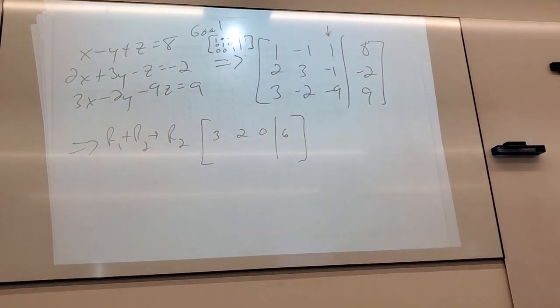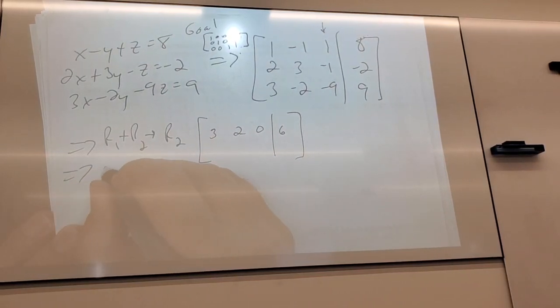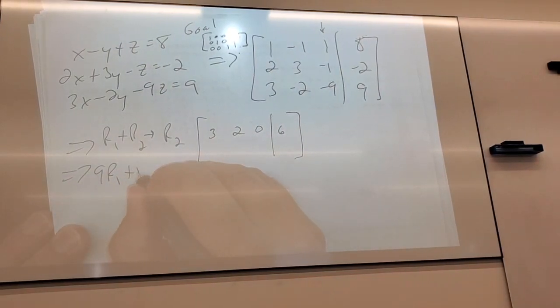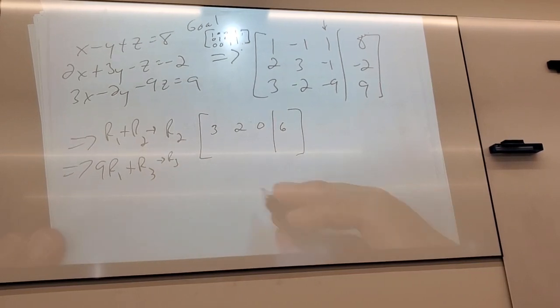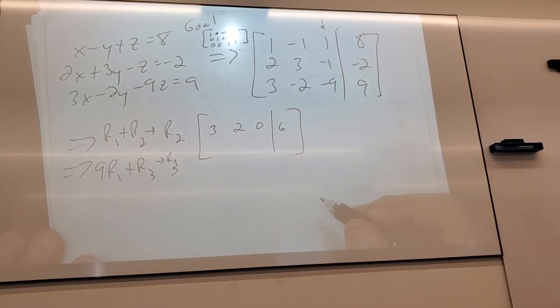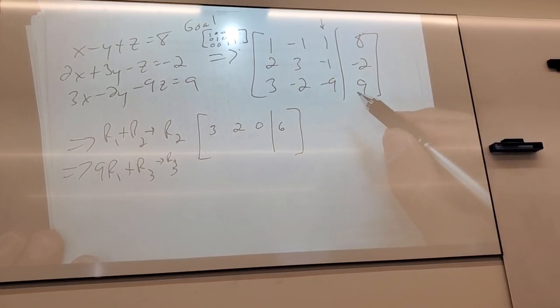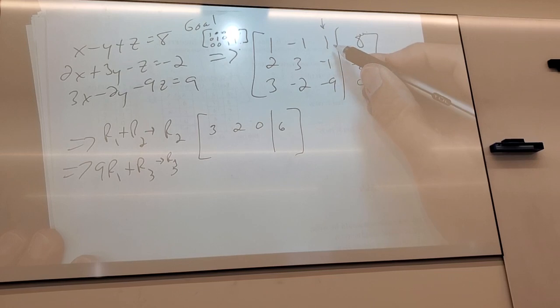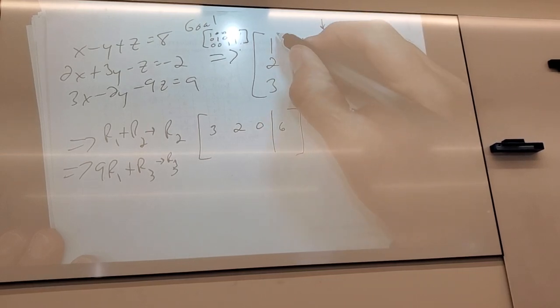You guys with me? So everything you could do with equations, you could do with rows, because rows are equations. So if I take 9 times row 1 and add it to row 3 and put the answer in row 3, that last column is going to be looking pretty good. So if I multiply this by 9,